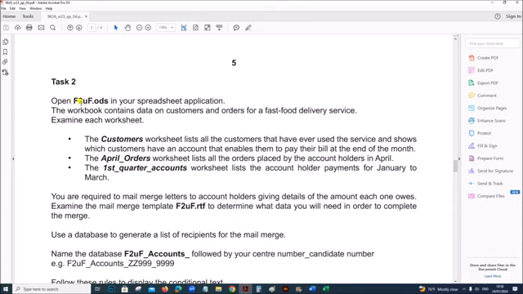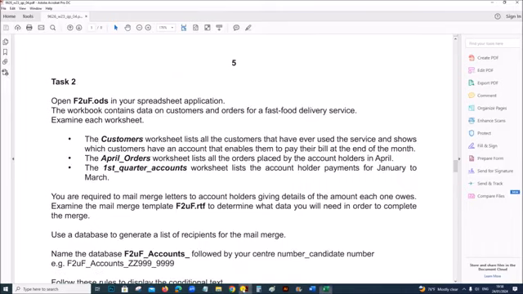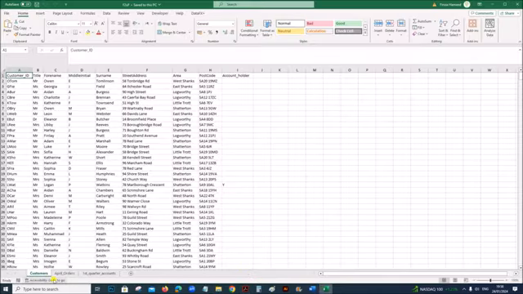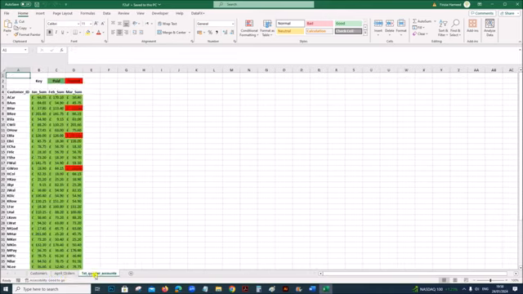Open F2UF ODS in your spreadsheet application. I have opened the file here. The workbook contains data on customers and orders for a fast food delivery service. Examine each worksheet. If you check this, you can see there are 3 worksheets here: customers, April orders, and first